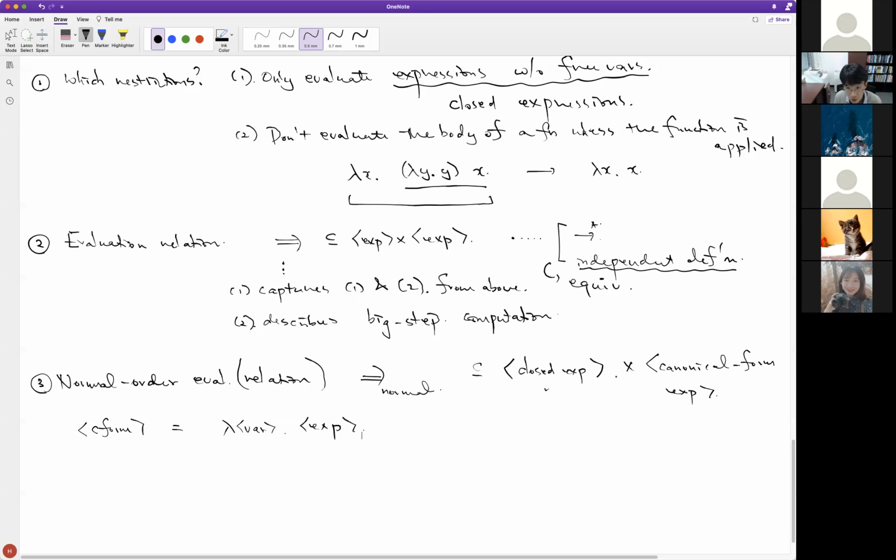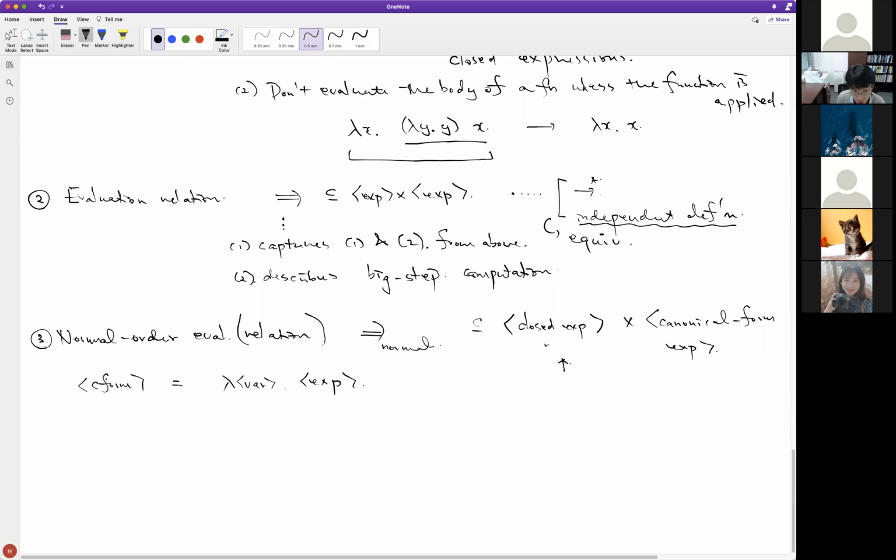And implicitly, what it tells us is that given the closed expression which we want to evaluate, the only possible answer that we can get by doing this evaluation is the lambda expression. So that's what this form is telling us, and it is defined like this. This is called canonical form. So it's not a normal form,